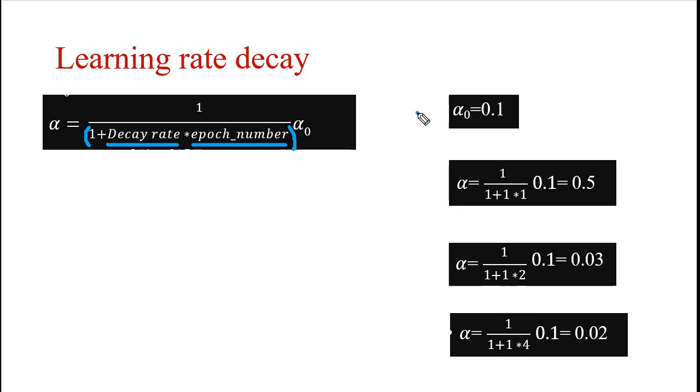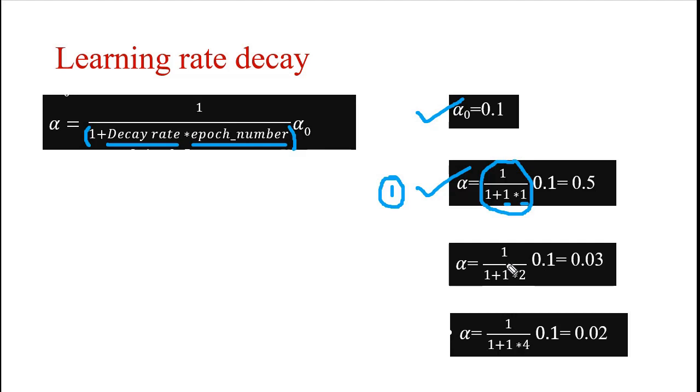So consider alpha 0 is 0.1, meaning this is the learning rate with which we want to start. Now 1 upon 1 plus decay rate, if suppose we have used 1, then we have to multiply that decay rate with the first epoch. So this will be multiplied by 0.1 and the output is 0.05.